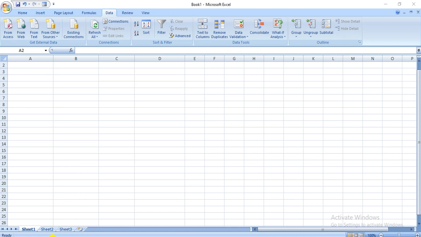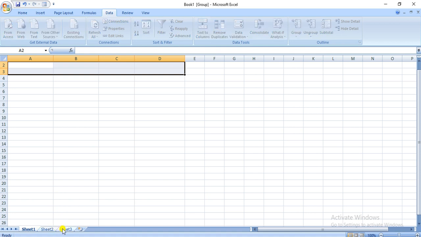Now we will study how to group multiple worksheets. For this, first you have to open a new worksheet and add 3 to 2 sheets in the tab below. Now select sheet 1, press and hold the shift key on your keyboard and then click on sheet 2 and sheet 3. Now you can see sheet 2 and sheet 3 get highlighted as soon as you press and hold the shift key. Now any formatting effect applied on sheet 1 will be reflected on sheet 2 and sheet 3.